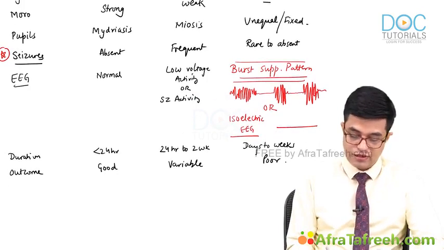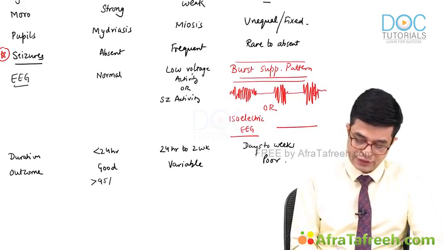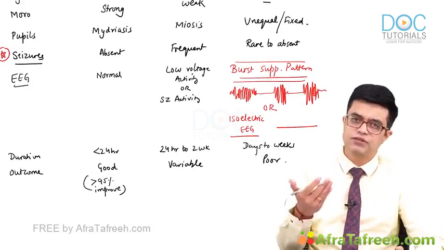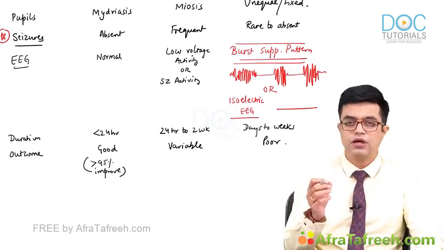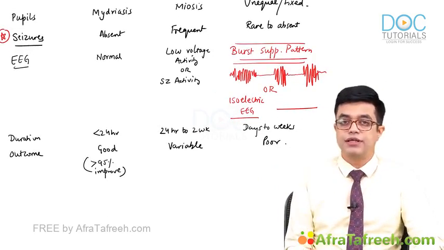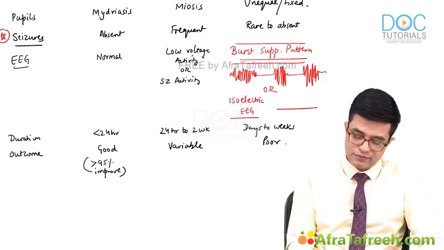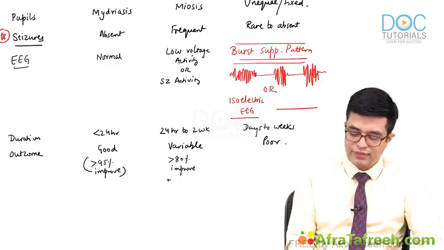In stage 1, we find that more than 95% of patients tend to improve. Although there may be some damage left behind, it will vary from child to child depending upon what specific group of neurons are affected and how much they are affected. In stage 2, you will find that more than 80% will improve, but even in those improving,